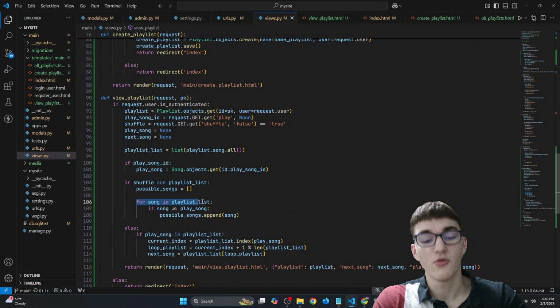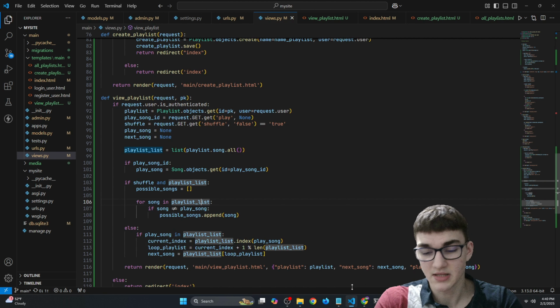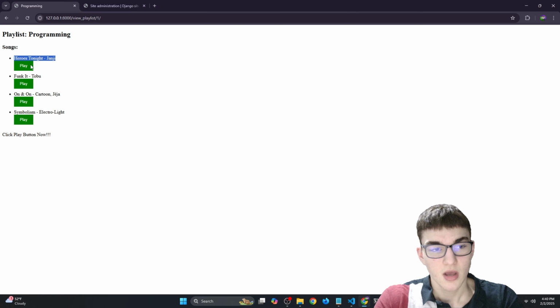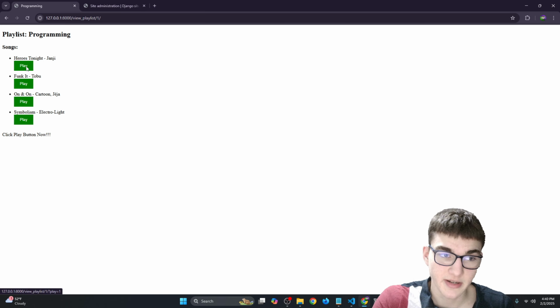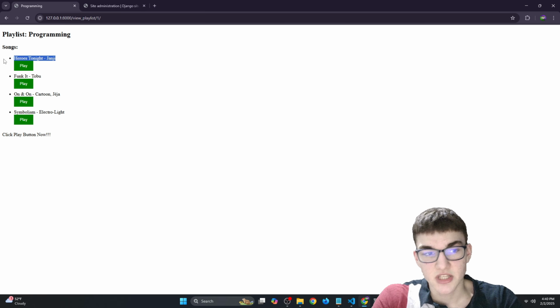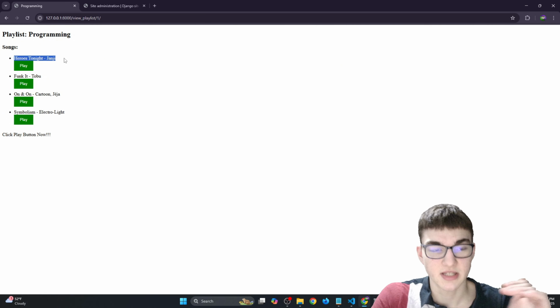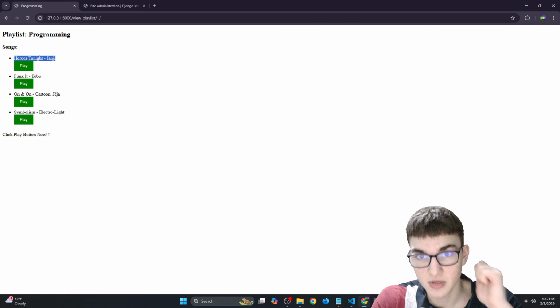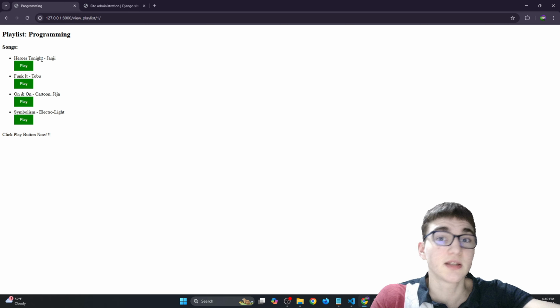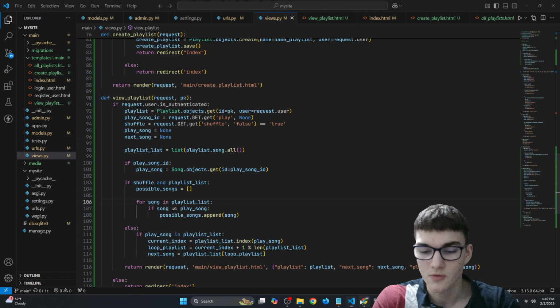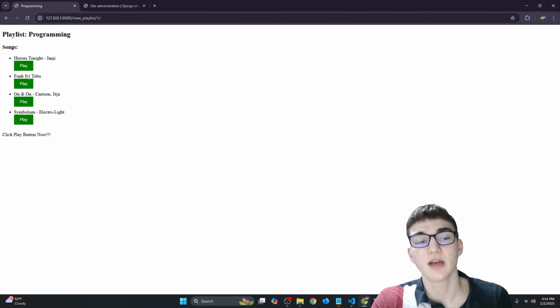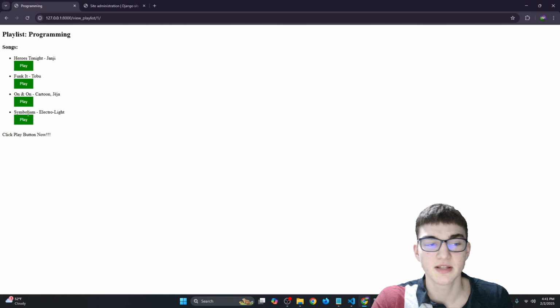We're looping through all of the songs in this playlist list: Heroes Tonight, Find It, on and on, Symbolism. And if, for example, we are currently playing Heroes Tonight, and Django is looping through all of our songs in the playlist and finds the currently playing song is Heroes Tonight, it will not append it because we set it right here that it is not equal to, and it will continue and append Find It, on and on, Symbolism,